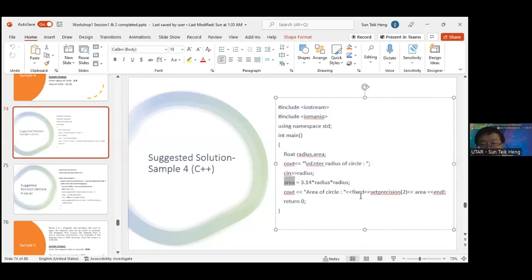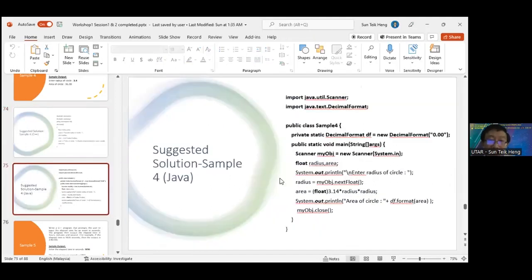And then we display the output in 2 decimal place, using fixed and setprecision, so that the output will be shown in 2 decimal place. Okay, so this is the solution of the program. Now the next one, in Java,